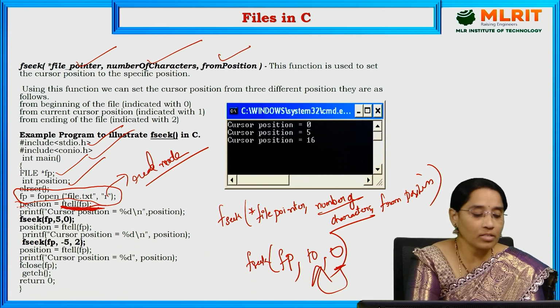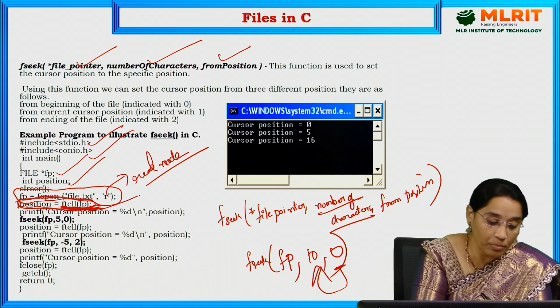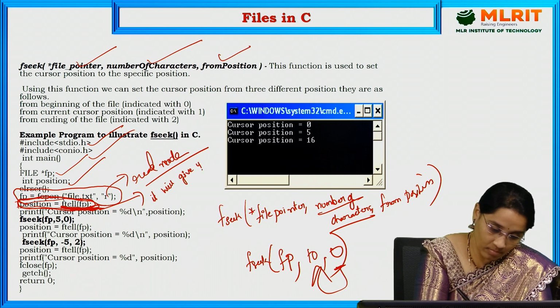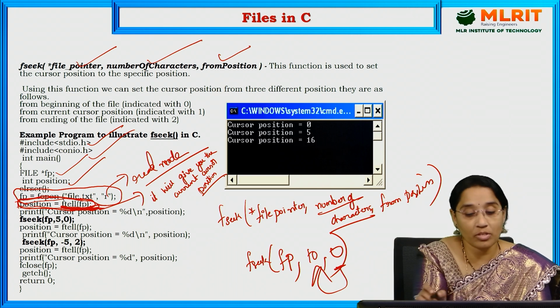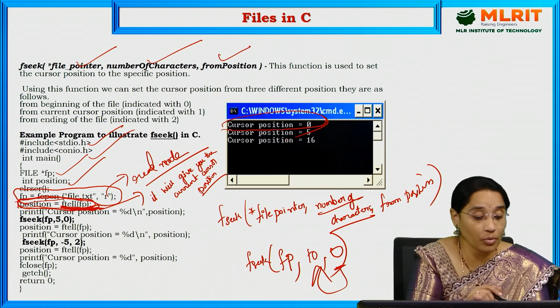So what is this line? Position is equal to ftell of fp. It will return you the current cursor position. So what is the current cursor position? The value is 0. Next,